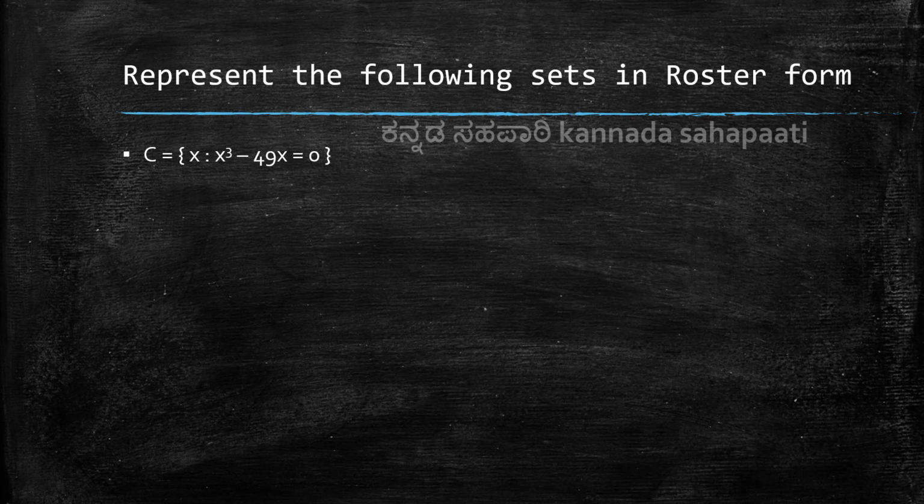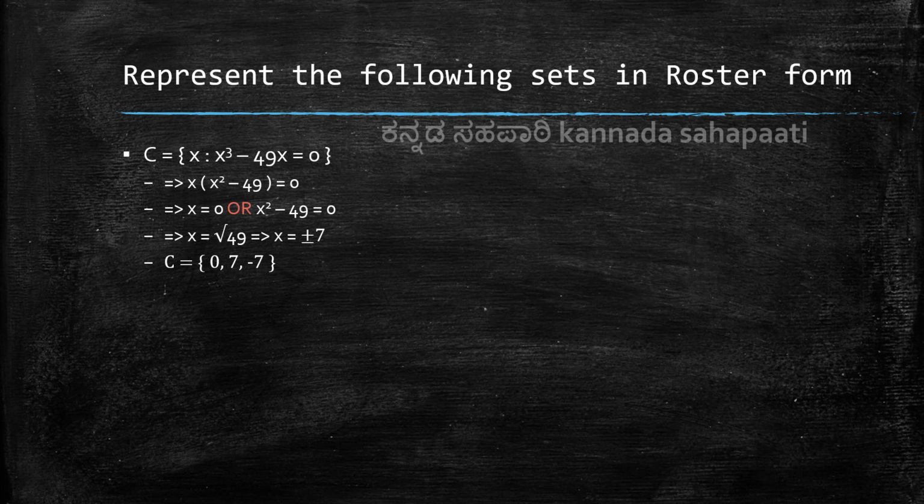C is equal to the set of all x such that x cube minus 49x is equal to 0. First, let's take x common from x cube minus 49x is equal to 0. We get x into x square minus 49 is equal to 0. So, if the product of two numbers is 0, either the first number is equal to 0 or the second number